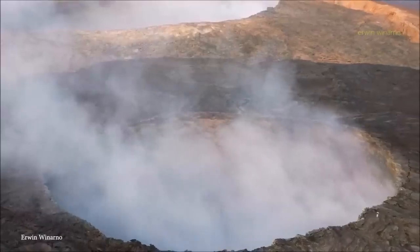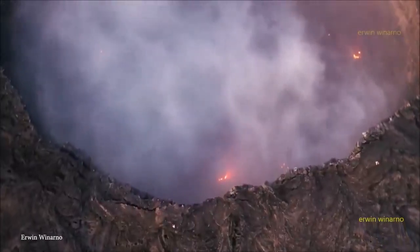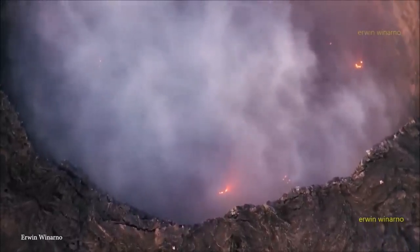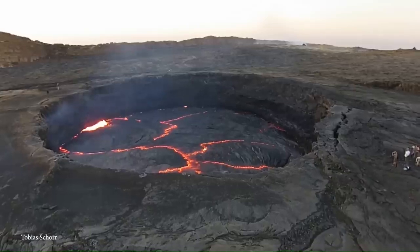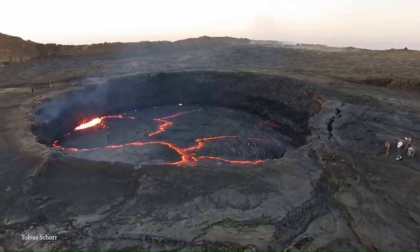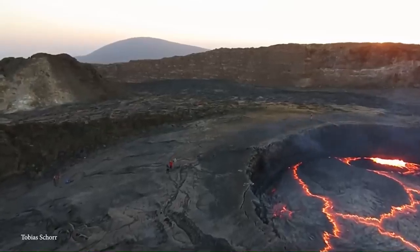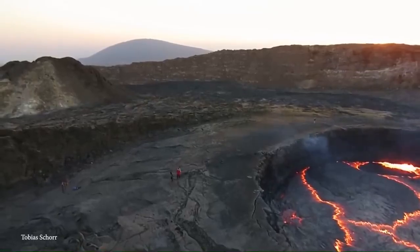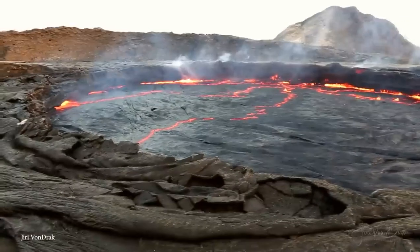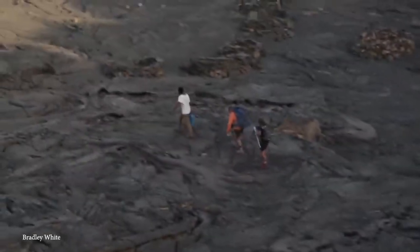It's the most active volcano in Ethiopia, and its most southern pit is known as the Gateway to Hell, so it's not exactly the kind of place you just head out to with your friends, you know, throwing a canister of water into, for instance. In fact, there was a major eruption here in 2005, which killed 250 head of livestock and forced thousands of nearby residents to flee. So Bradley and Jeff certainly had to demonstrate a serious amount of bravery to film this